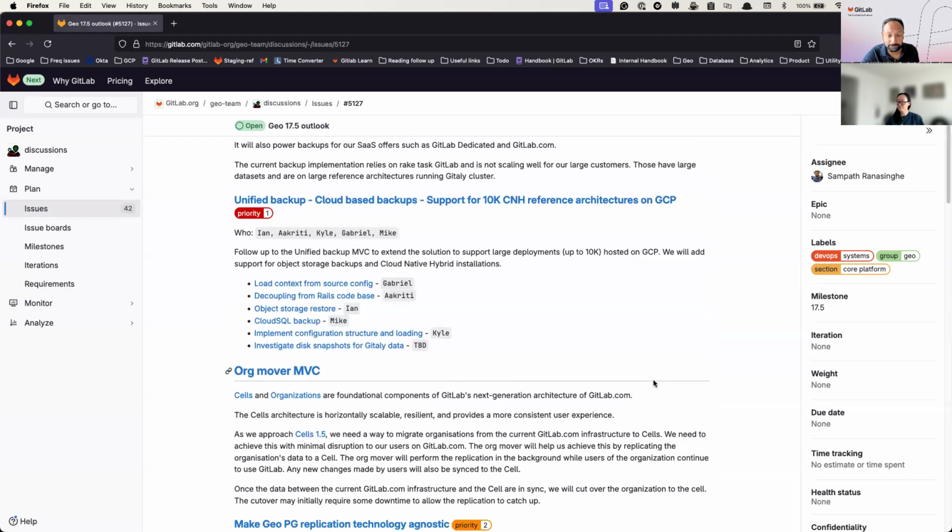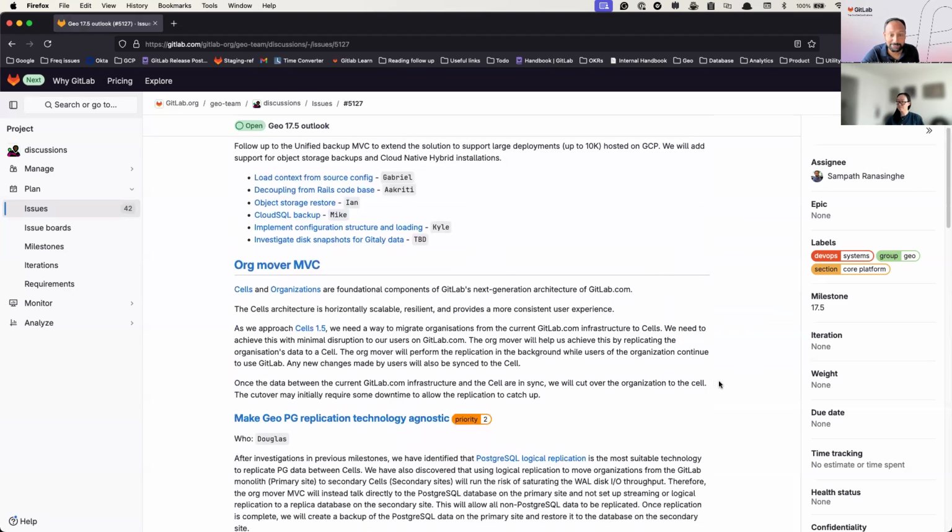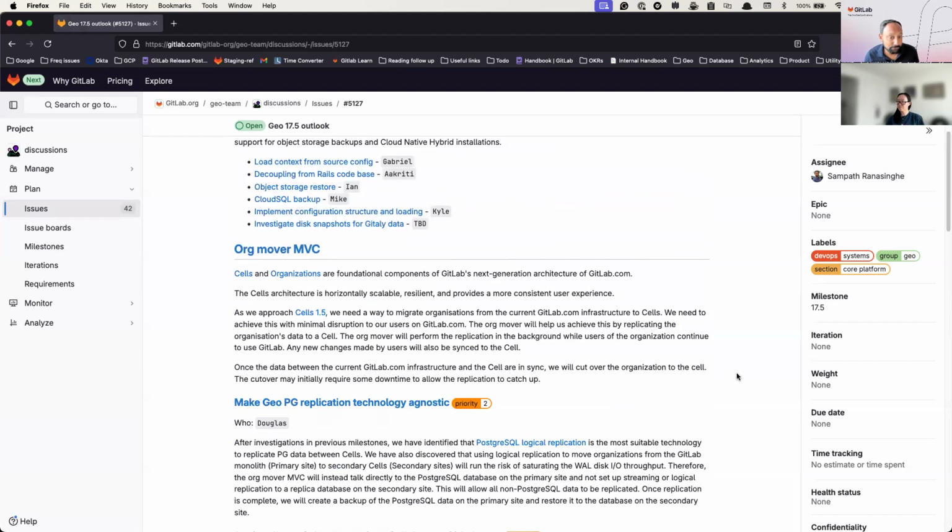Okay, we'll move on to the next large project the team is tackling, which is Org Mover. The Org Mover, we already touched on Cells. Cells is our next generation architecture for scaling GitLab.com. We'll shard the GitLab.com architecture from the current monolithic architecture into shards. In order to be able to move that data into the shards, we need a mechanism to do this efficiently and with minimal downtime. First of all, we'll package up